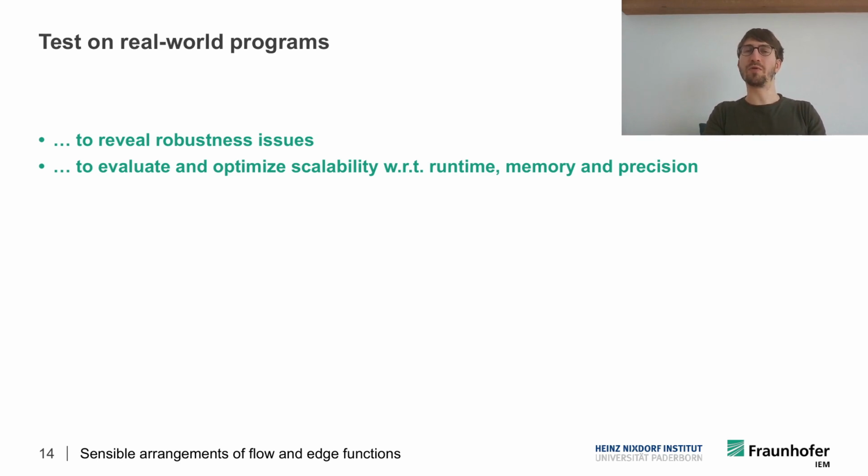Only on real-world programs will you really see some large-scale issues with respect to runtime or memory, or when you review the results that you get at this first point, you might see, oh well, the precision is not sufficient, I have to improve in that regard, or it just takes forever to analyze even this tiny little example